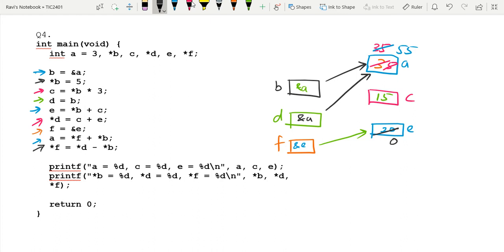This is just a question to help us recap the concepts of pointers and variables. That brings us to the end of the tutorial. Hope this has helped you to enhance your understanding of the questions we